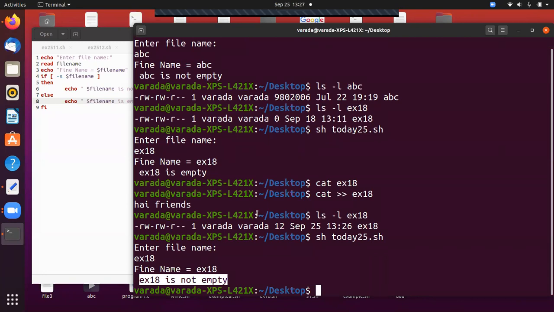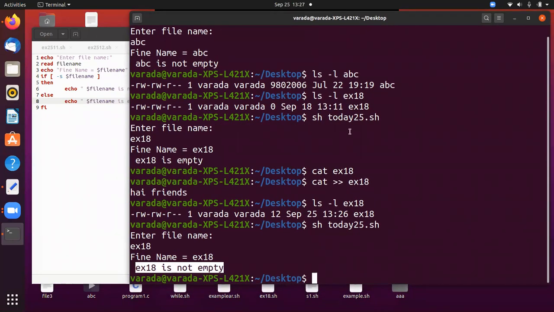Okay, in this way you are going to find whether the file is empty or not. Okay, anybody have any doubts up to now? We discussed 3 programs. One is whether a file is available or not. Another one is whether a directory is available or not.